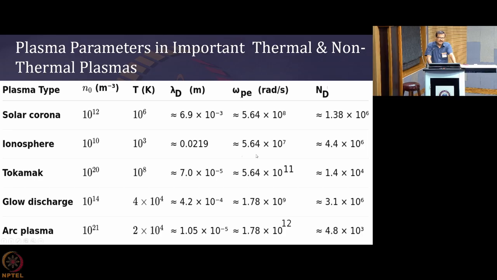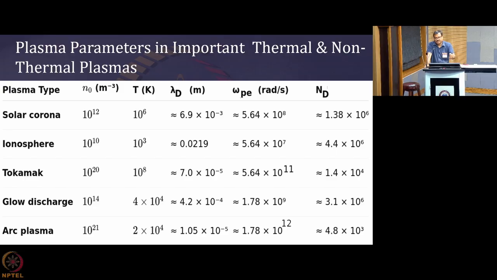Then finally the number of particles within the Debye sphere, this is the one. You are seeing the least one is there in the arc, because the ionization is very less in arc plasma. It may be 0.1%, sometimes 0.01% kind of thing. So because the ionization is quite less, the number of particles in the Debye sphere naturally becomes less. And this plasma oscillation frequency, so when you disturb the plasma, how fast it oscillates in an effort to equilibrate. So you see that frequency is very high in arc.